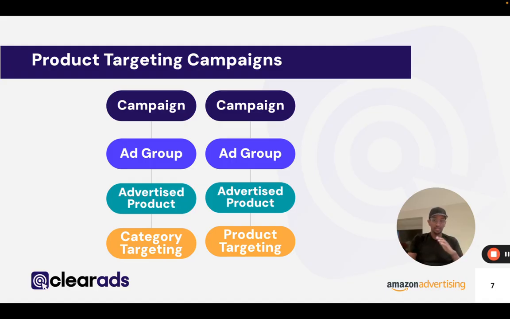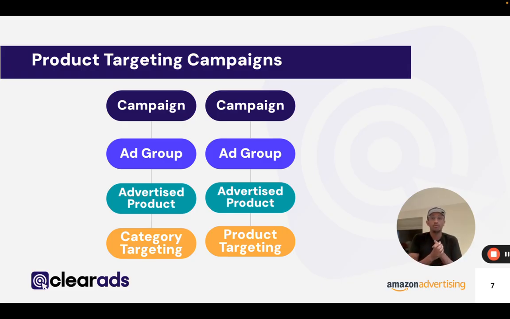You have category targeting and product targeting. With category targeting, you can go into a particular product category that you're in and target that category, and it will show your ads for any ASINs within that category. Think of this as an auto campaign for product targeting. It's going to allow you to discover new ASINs that might have just come in that you convert well for, and then you can add them to